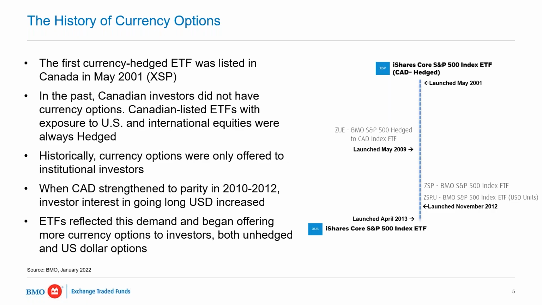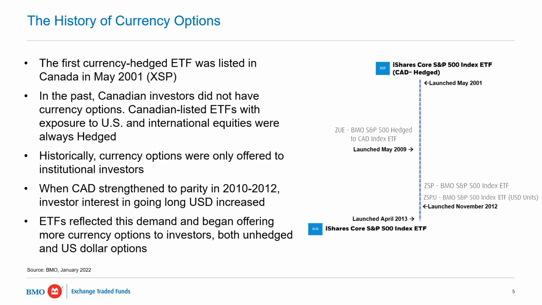And if you go back then, the Canadian dollar was trading at parity, so a little different than now, and there was quite a demand to have unhedged currency exposures. And increasingly, as I think we're going to talk about as we move forward in the talk, the demand from investors for US dollar traded ETFs that trade here in Toronto, and there are going to be a few advantages and ways those can really benefit investors. But certainly it shows you the development of the space, and there's been a lot of innovation to bring some of these different currency options to end investors.